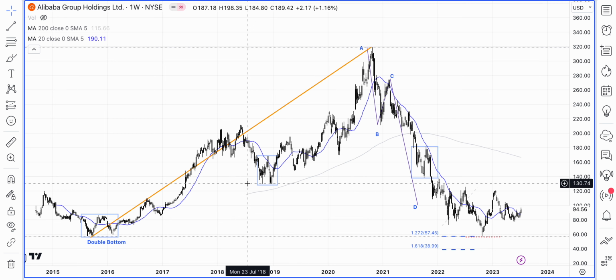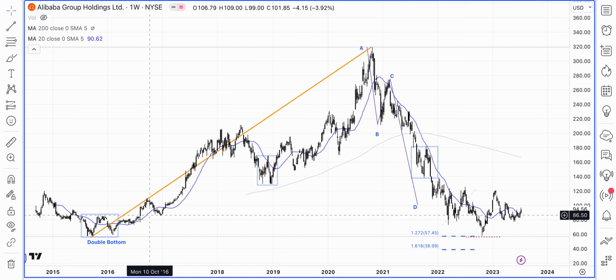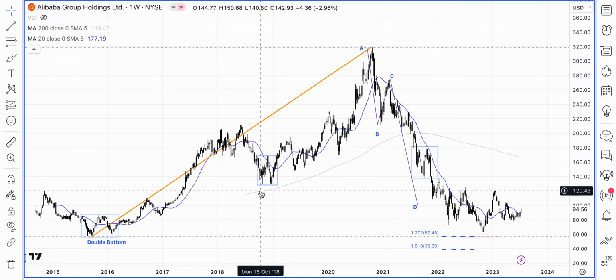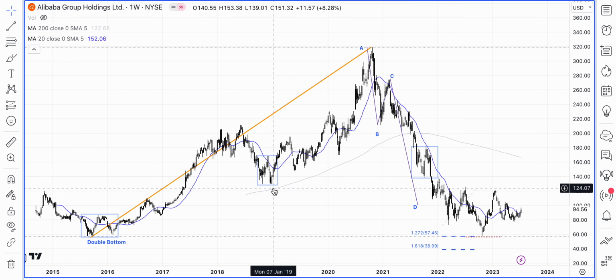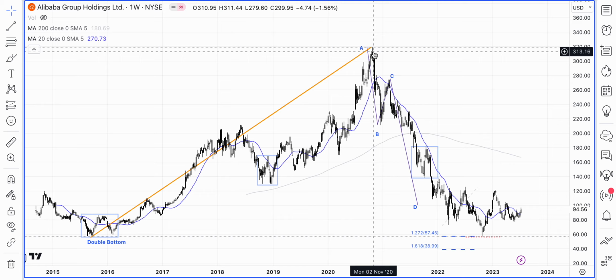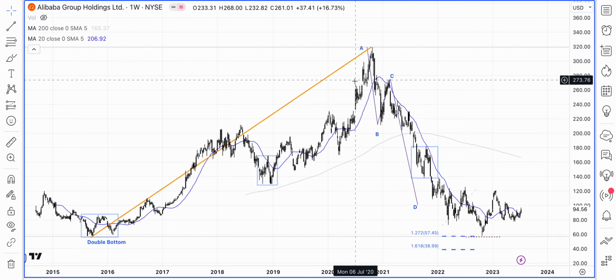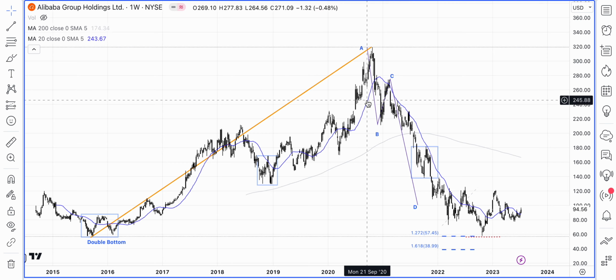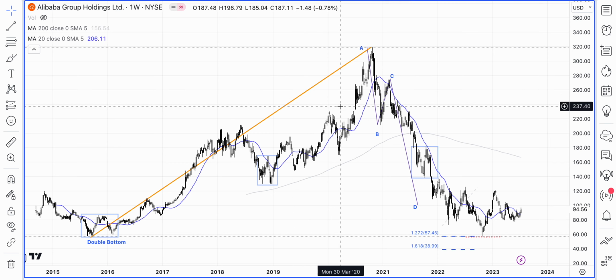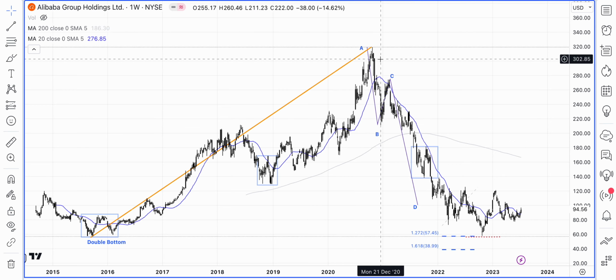Then we have seen a nice big retracement. In fact, one of the first big retracements ever since this bull run started somewhere around 2018, then a retest of it in January of 2019, so another double bottom, and then the stock began to rally, reached all-time highs, and some stuff began to happen with the company's founder, Jack Ma, and the Chinese government. You can read about it in the news around that time, and then the stock had actually been moving lower